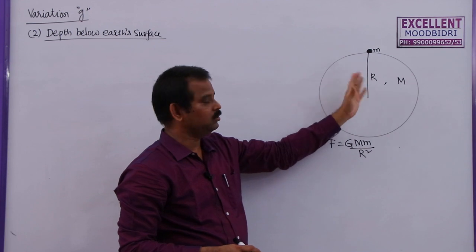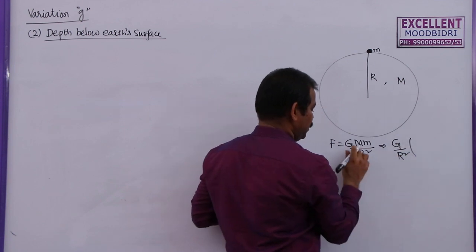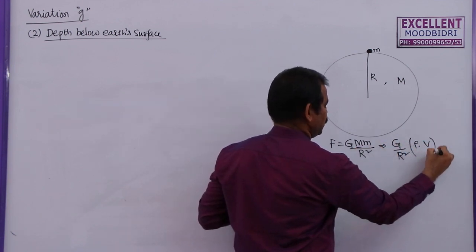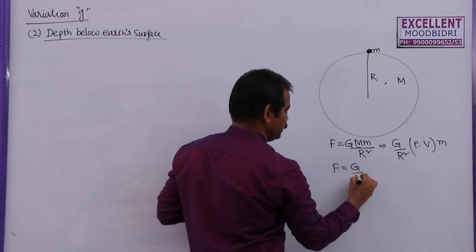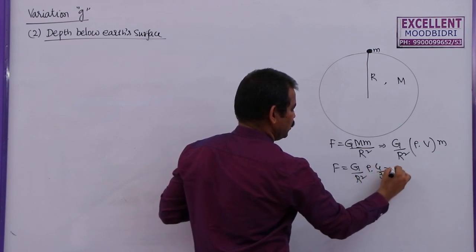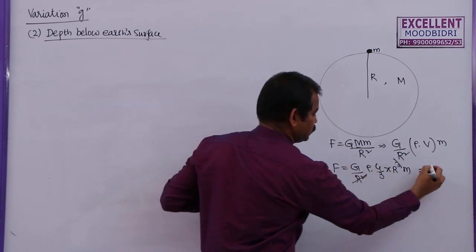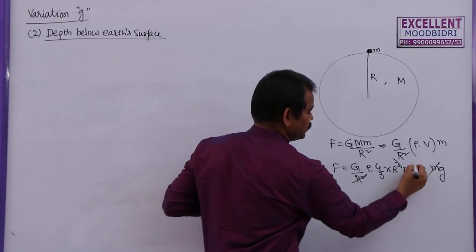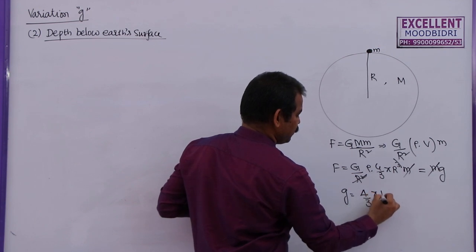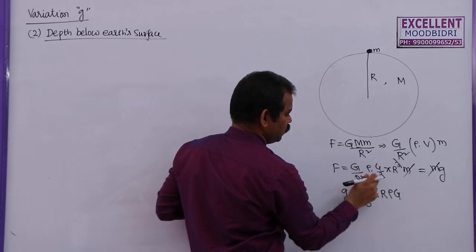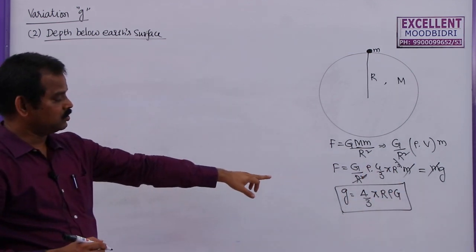But if you consider that earth is a sphere of uniform density, this can be written as capital G by R square. Mass of earth is equal to density into volume of earth, into the mass of the body kept on the surface of earth. So this F can be written as capital G by R square, rho, 4 by 3 pi R cube, into m. This R square also gets cancelled. This force is also known as the weight of the body, mg. Now you cancel this and this. So what is small g? This is given by 4 by 3 pi R rho G. This is the small g value. Already we derived this, the relation between small g and capital G.